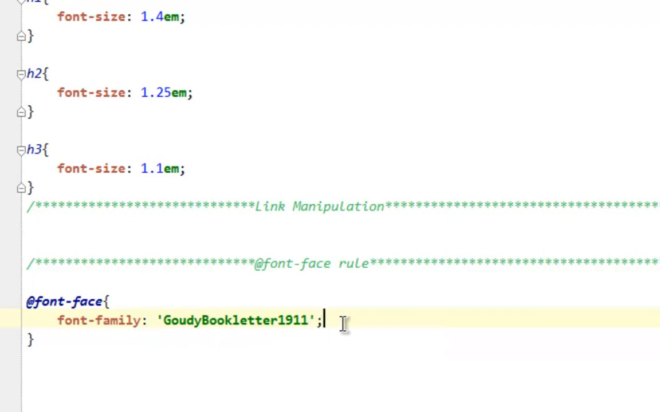Remember that. Next is my source, src. Then you have to declare the local parameter. It's important to declare the local parameter because if the font is already installed on your machine, it will definitely help you to save the bandwidth. Local, just put the same font name again, Gaudi. Now, comma, URL,